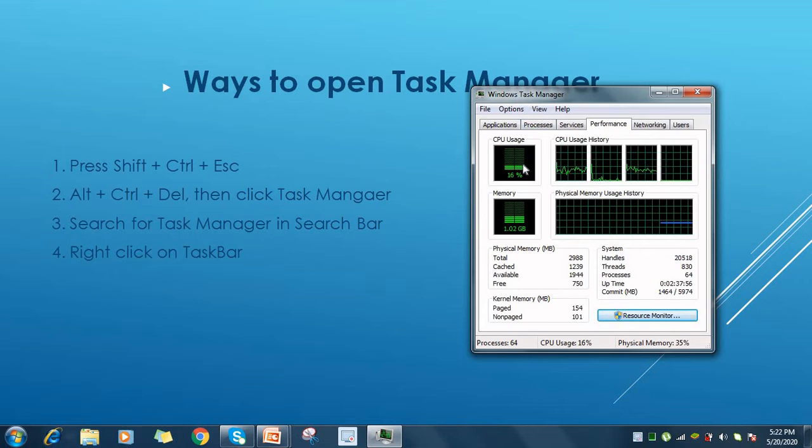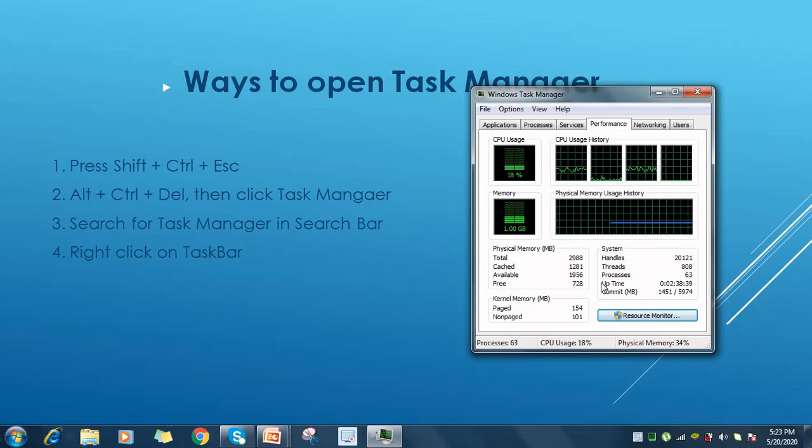Here you have to go to the Performance tab. Right now I'm in the Performance tab only. Here you have to look at the uptime. In Performance you will get CPU usage. At this time if I am running n number of softwares in my computer, each software will consume some kind of memory and some kind of CPU also. It will tell you how much CPU has been used, and how much memory my softwares are consuming as of now, and it will tell you about the system also.